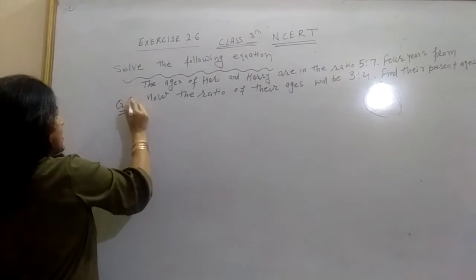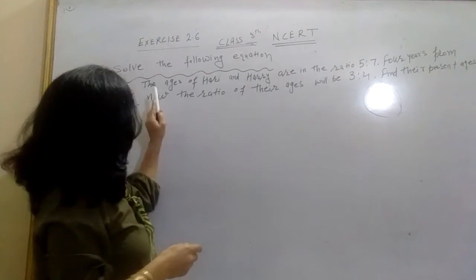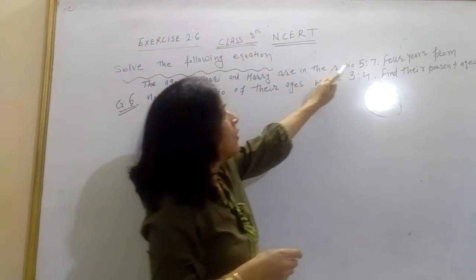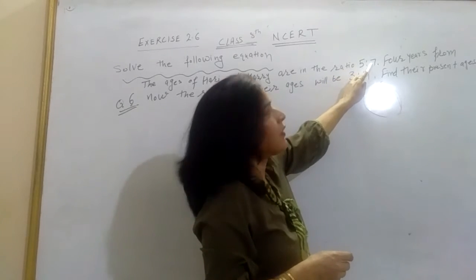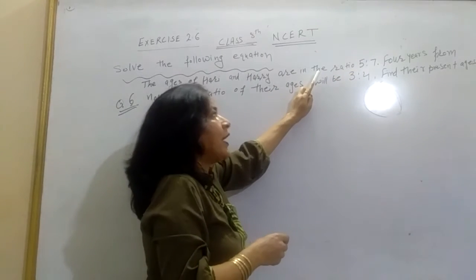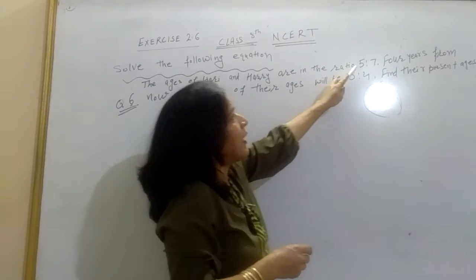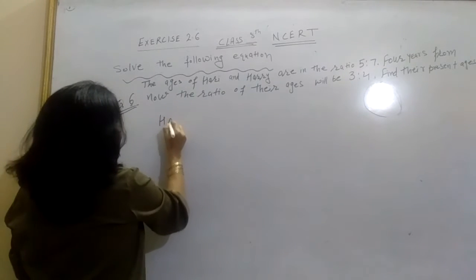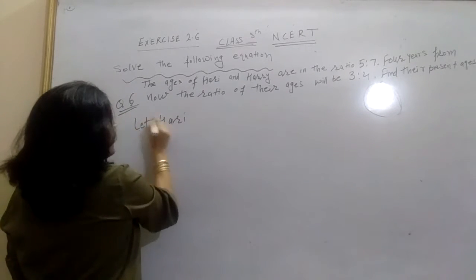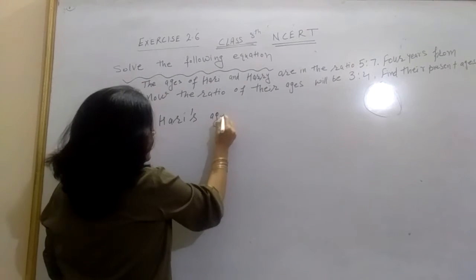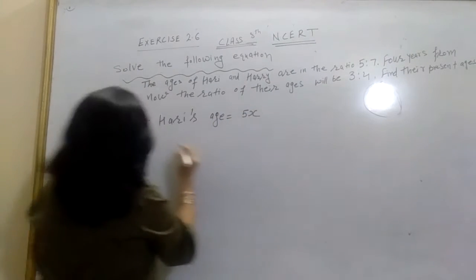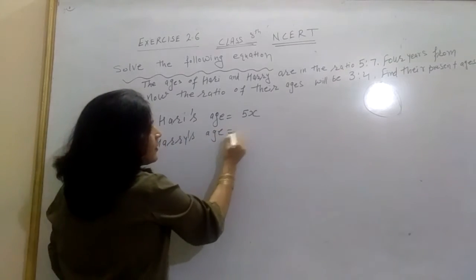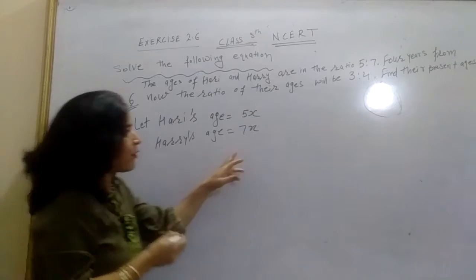Now question number 6 is, the ages of Hari and Harry are in the ratio 5:7. Hari and Harry's age ratio is 5:7. Means let Hari's age be 5x, then what will be Harry's age? That will be 7x, because the ratio is given